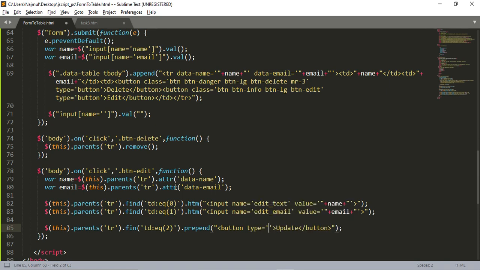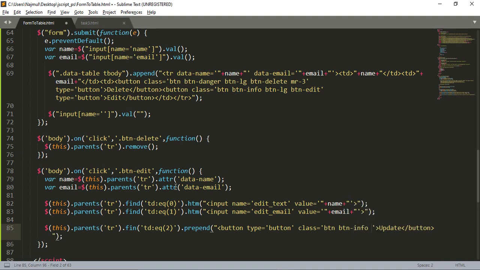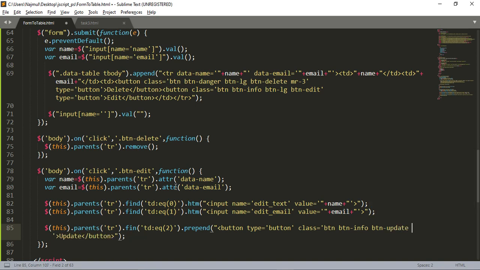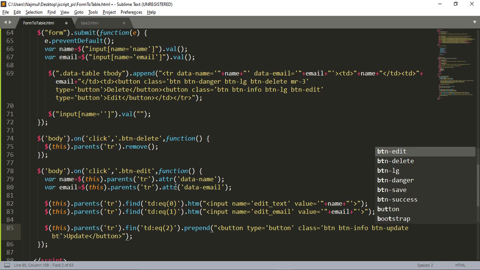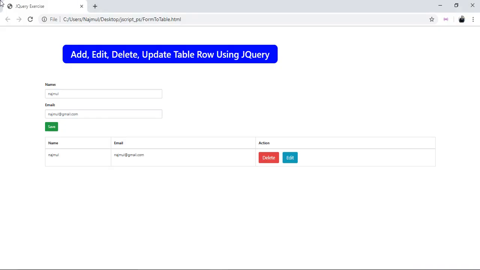Type will be button, and the class will be btn btn-info, btn update mr3. That's it. And we have to refresh the browser and